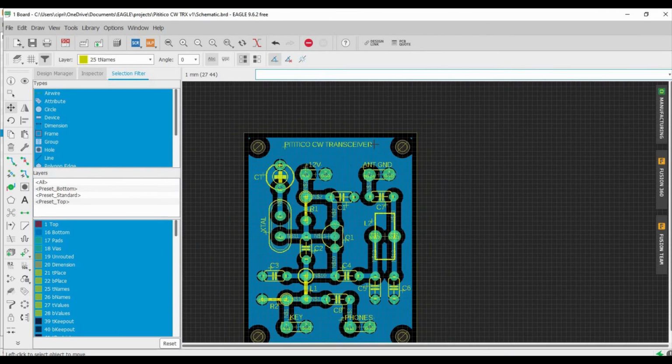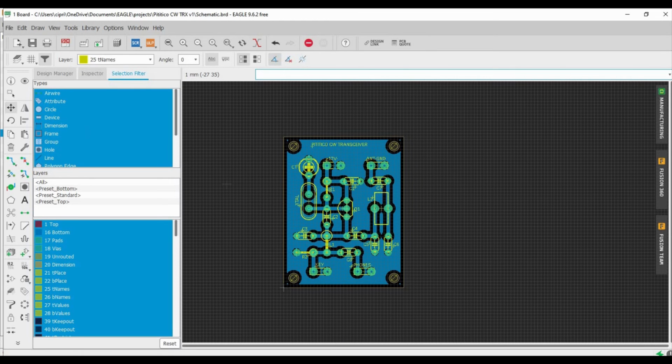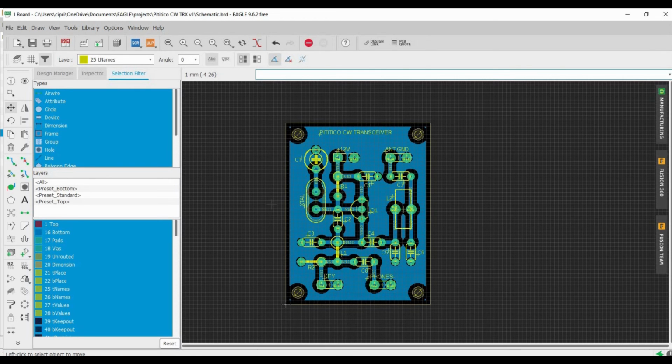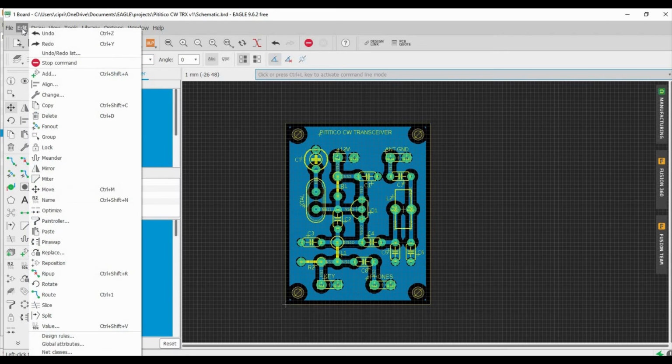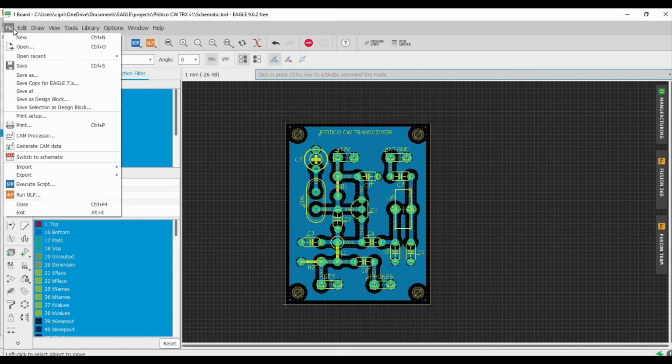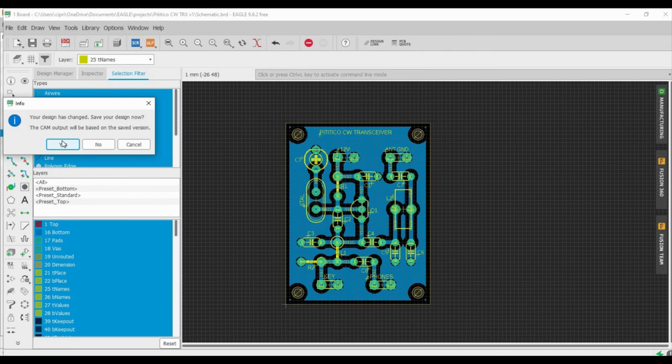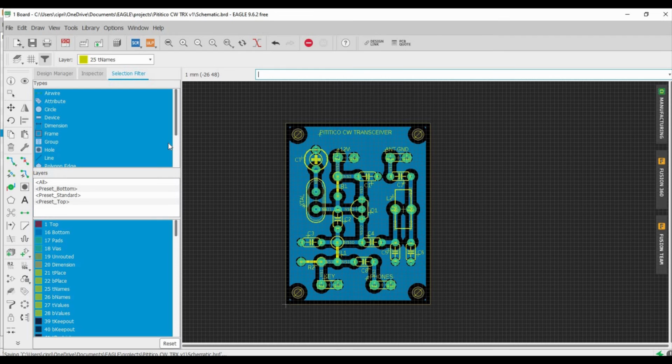Okay, so now that we checked and we know that there are no errors in the PCB board design that we just created, we want to export the Gerber files. So for that, we're going to go to file, and I'm going to say CAM processor. I'm going to click in here. I want to save my design,